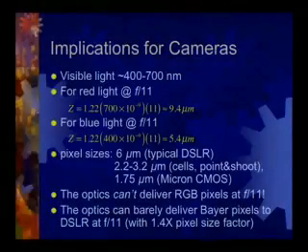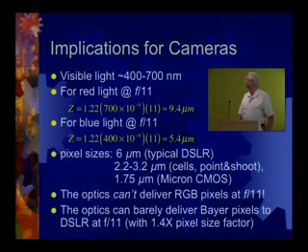Let's look at some of the implications for that. So visible light varies between about 400 and 700 nanometers. And at F11, we plug the numbers in, and we get that the Airy disk radius would be 9.4 microns. And for blue light, it would be 5.4 microns. But the pixel size for typical digital SLRs is 6 microns, which sort of implies that, at least if you look at the Rayleigh criterion, where you'd like the distance to the first null to be approximately where you'd have your pixels, the blue light would probably be sampled adequately enough, but the red light is